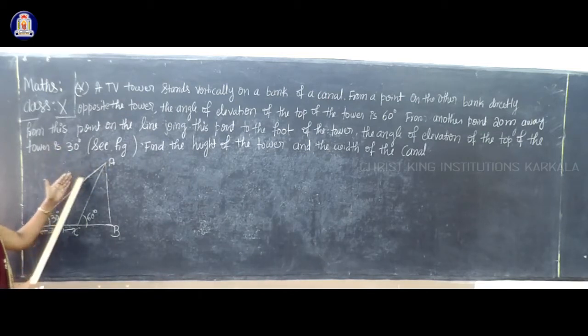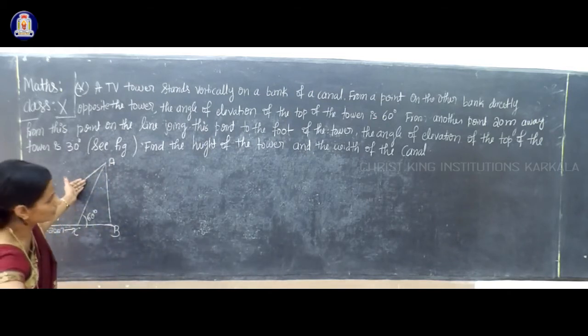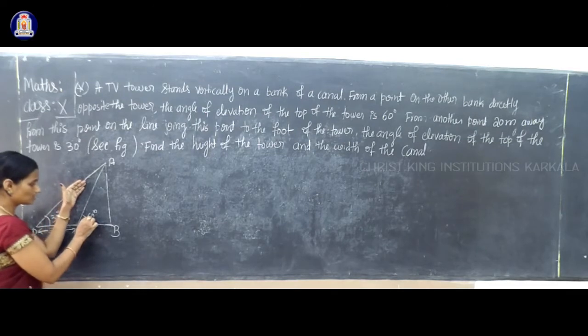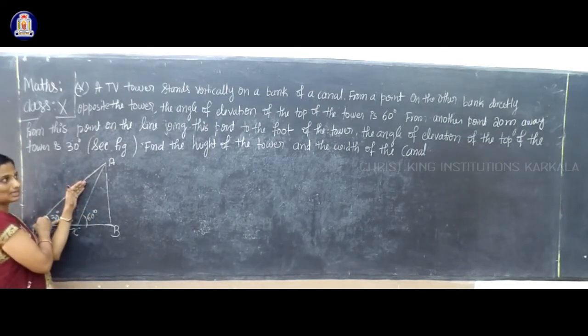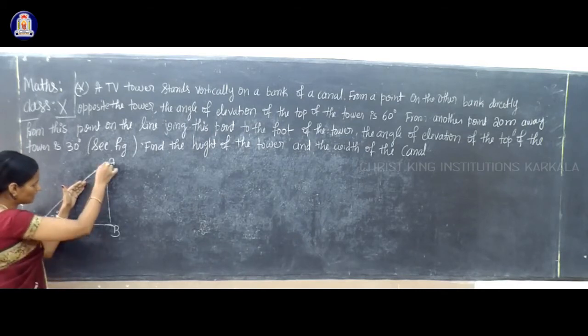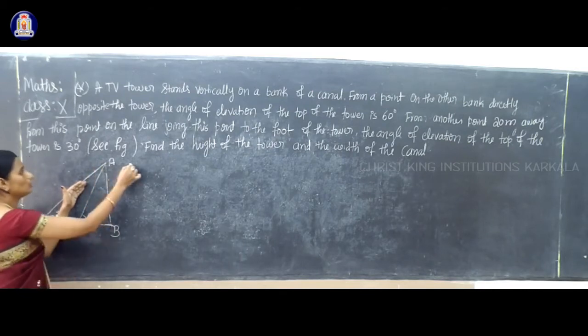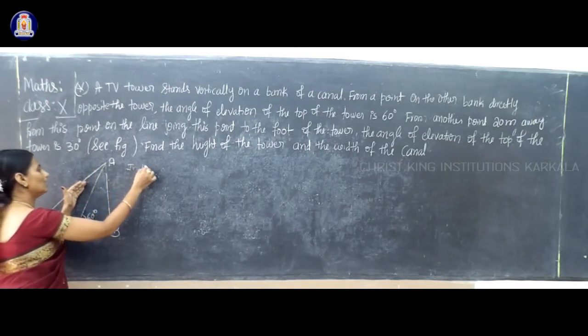So now, is it right? This is not there. So now with respect to 60 degree, you have to find out the triangle. Which triangle is it? In triangle ABC. So first consider only the first angle. Don't bother about the second angle. So this is 60 degree, right? If it's 60 degree, which triangle can we take here? ABC, correct?